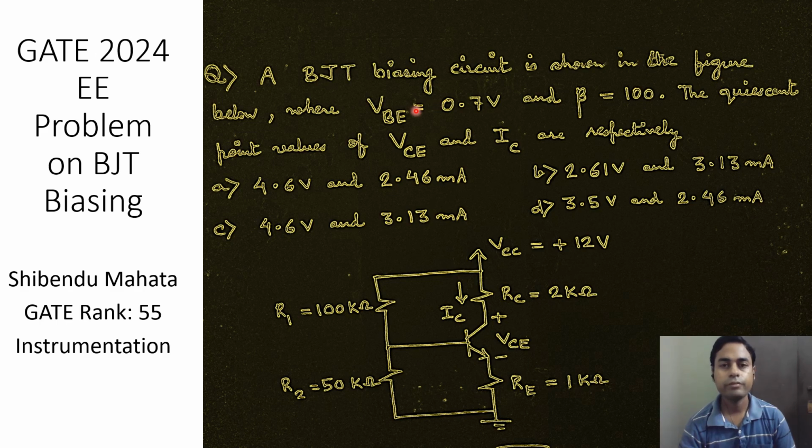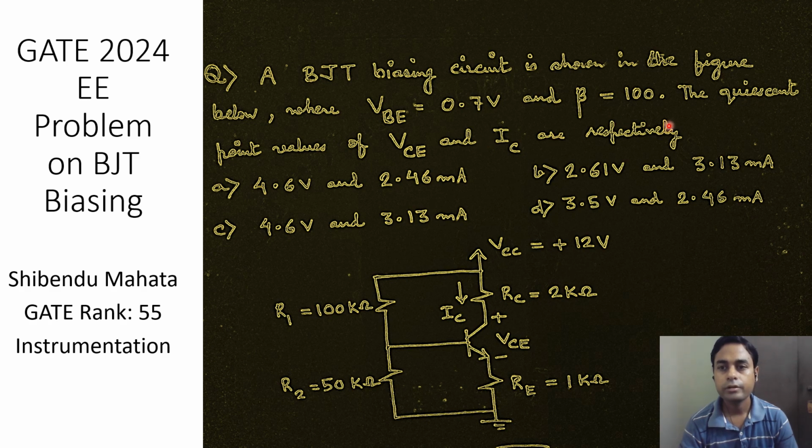This is a 2024 GATE problem that appeared in the electrical engineering paper and is on BJT biasing. So here's the problem statement. A BJT biasing circuit is shown in the figure below, where VBE is equal to 0.7 volt and beta equal